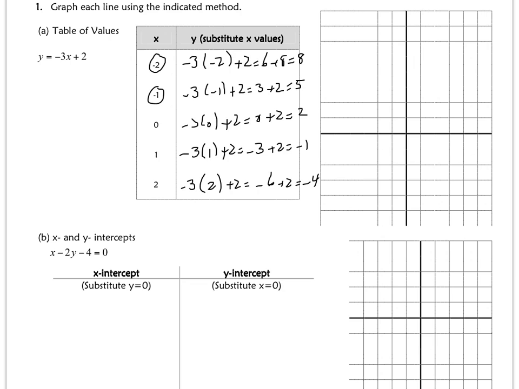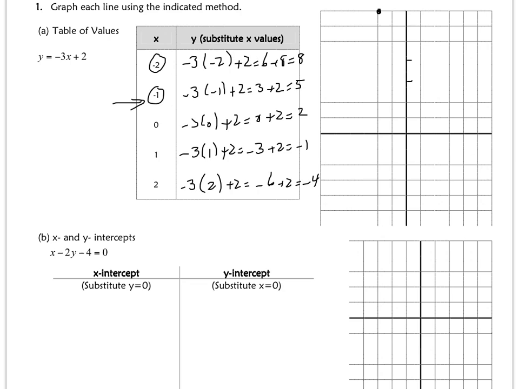Then we go to our graph on the right and we are going to plot the points. The first one is x is negative 2, so it's going to be negative 2 and 8. Now 8 and negative 2 is going to be this point here on the top. Next one is negative 1 and 5, so x is negative 1. The graph does not show exactly how the y-axis is divided, so I'm going to divide it approximately like this. So it's going to be negative 1 and 5, so